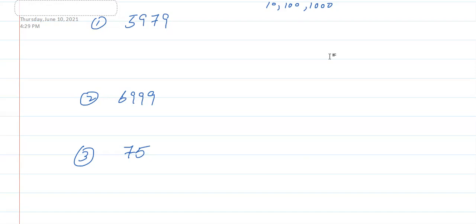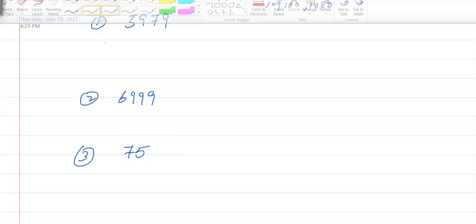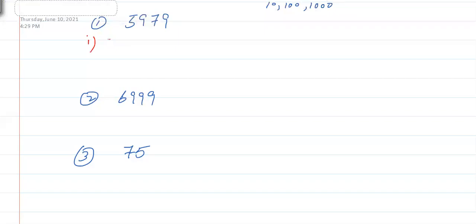Let's see. Now, first of all, in the first part, I will round it to the nearest 10. 5979. I have to round to the nearest 10. So only this one will be 0. And then as it is 9, it will add 1 to the next one. It will become 8. And then 5980. Okay, that is to the nearest 10.